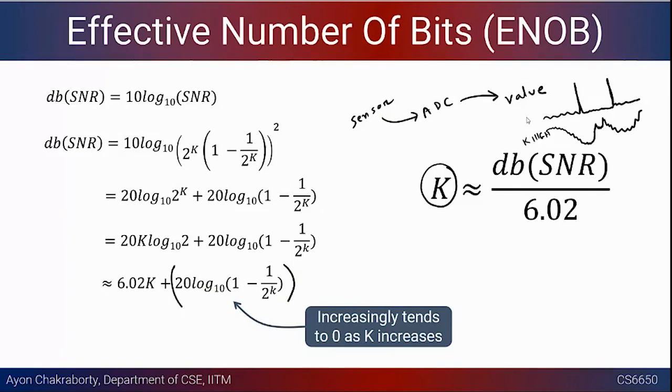And there are more generic analyses that you can do. You can look at the RMS performance, the RMS value of the error, and you can try out sinusoidal signals and so on. But in our case, we don't want to go into more complicated analysis, because that is not the focus here. All we care about is how the number of bits plays a role in determining the accuracy of your samples.